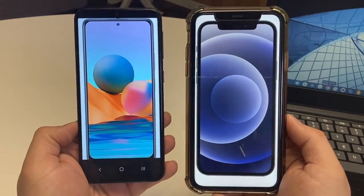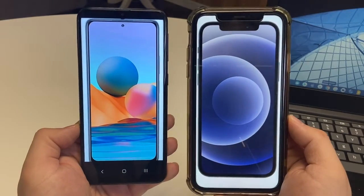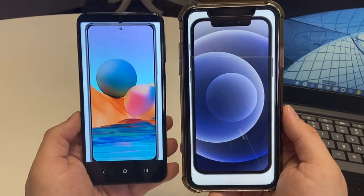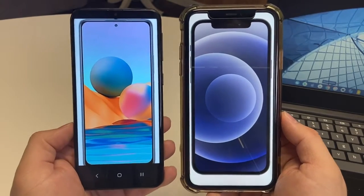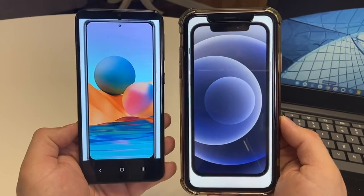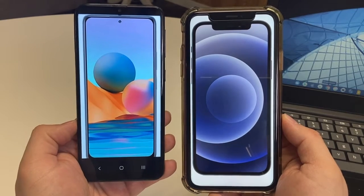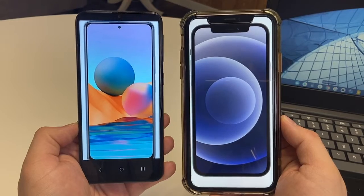So the Redmi phone weighs in at 193 grams, which translates to 6.81 ounces. It's a little bit heavier than the iPhone 12. That one weighs in at 164 grams, or 5.7 ounces. Very light phone. All right, for the screen, the Redmi Note 10 Pro has an AMOLED display, 120 Hertz, 450